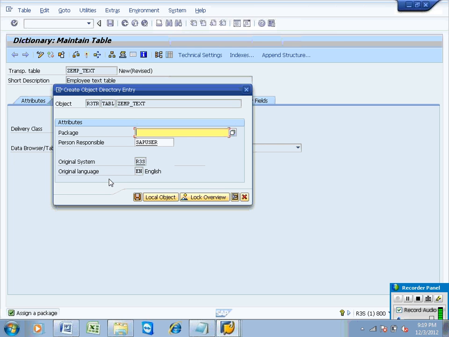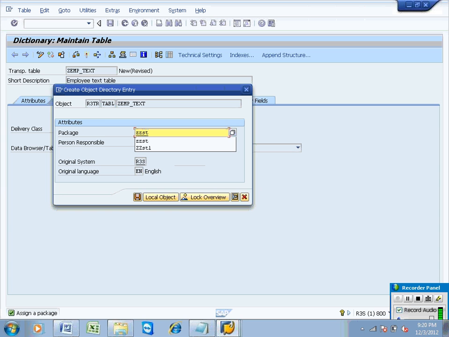Okay, the package, we already have a delivered package, and the package is going to store the related transport. The related transport will be assigned to the package, and the table is the object, and with the transport we need to move the table from one environment to another environment.